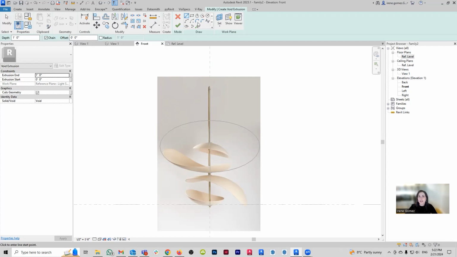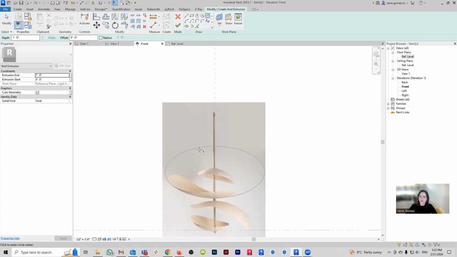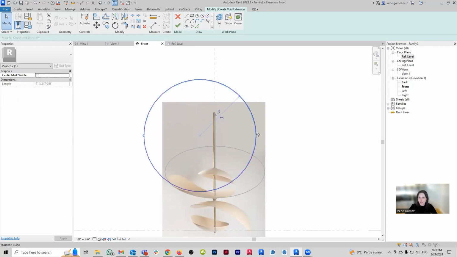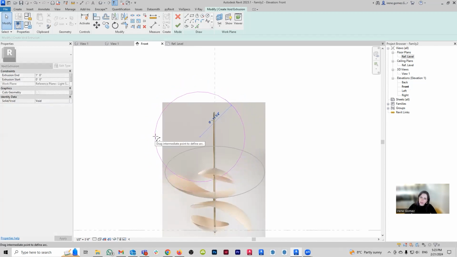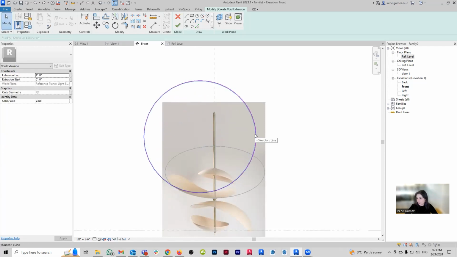So I'm going to do a circle here. I could do another watermelon ellipse if I want to, but I don't think I need to. I'm just going to make a big circle. Basically what I'm trying to approximate here is the diameter of this cut. Do I need it to be smaller? Probably. No, I want it to be bigger. Let's start with this and see how it goes. I may need to completely redo this, or this might be perfect. We'll see. So I'm going to say yes.